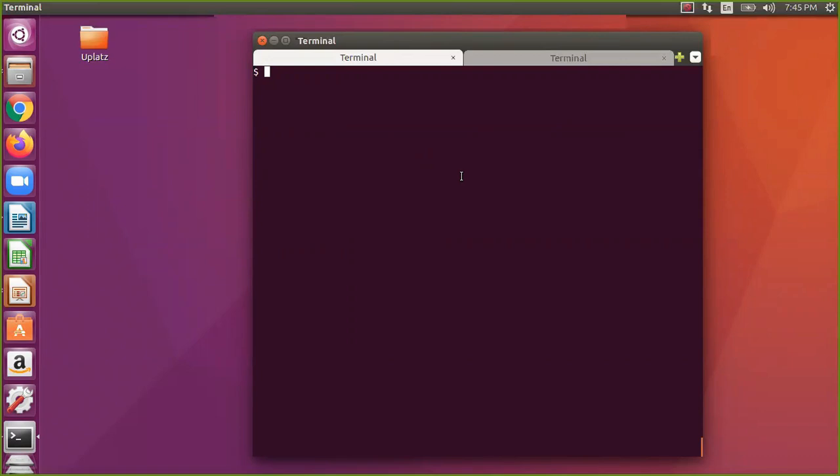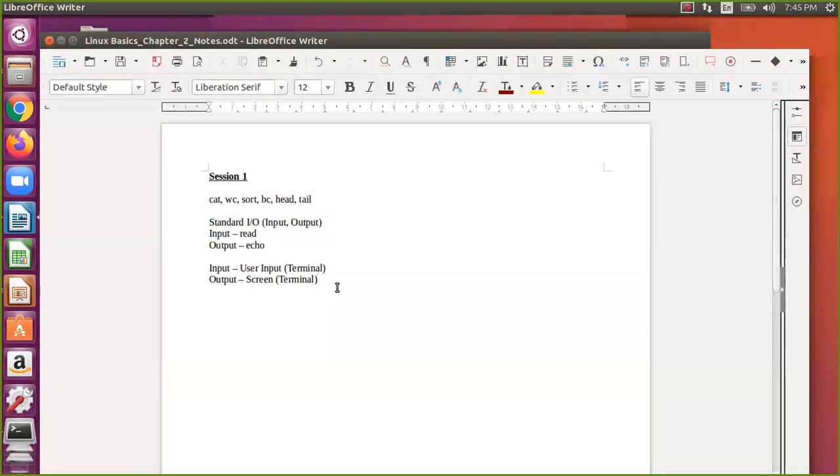Means what? I don't want it to be with user input, let us redirect to files actually. Okay, so now let us check on that. That is the redirection. Means instead of terminal input and output, we are using files.